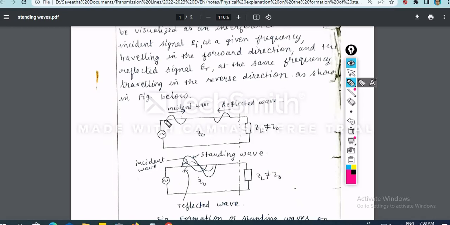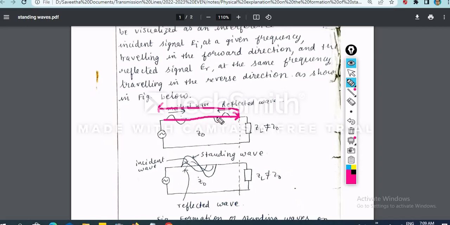The signal which is traveling down the transmission line, when it reaches the load end, due to mismatch, a part of the signal gets reflected back from the load and travels back to source. This is due to impedance mismatch if ZL is not equal to Z0. So on a transmission line, at any particular instant of time and at any place, we have two waves. One is the incident wave and another is the reflected wave. So both the waves are traveling on the line.